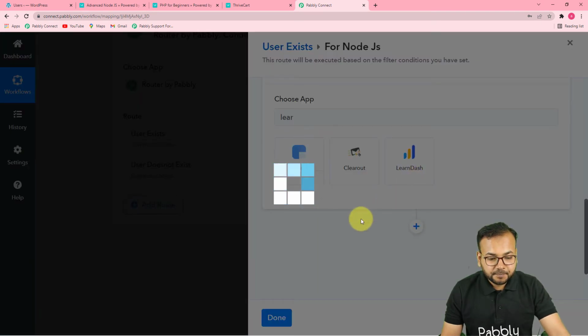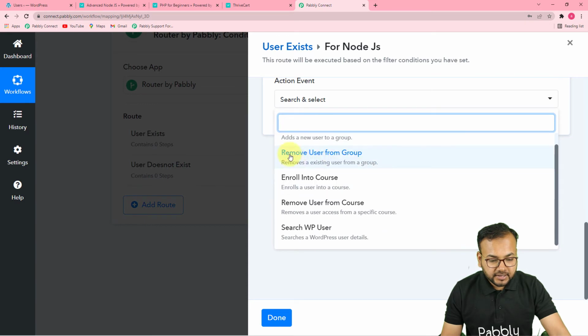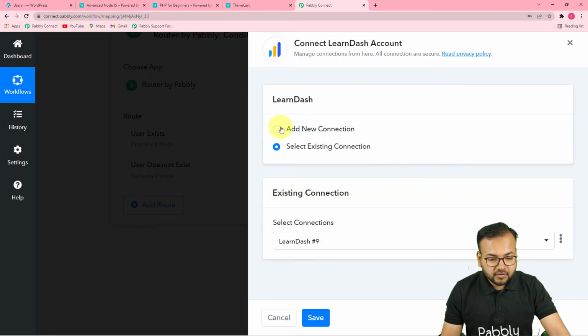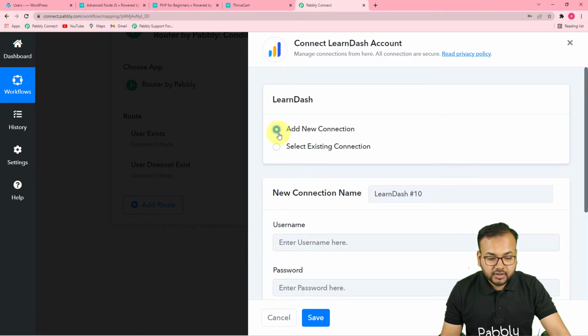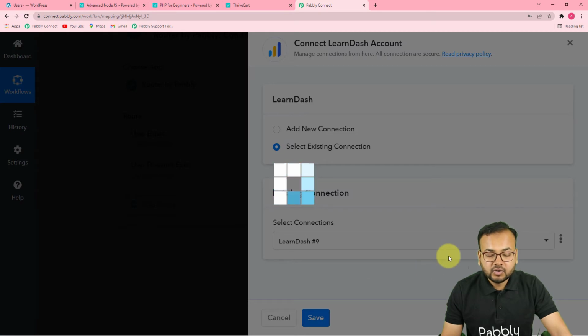This is LearnDash, and in the action event, the action event would be enroll into course. Then click on connect, and from here select add new connection. Sorry, now you can choose the existing connection option because we have already connected with LearnDash in a previous route. So select the existing connection option and then click on save,